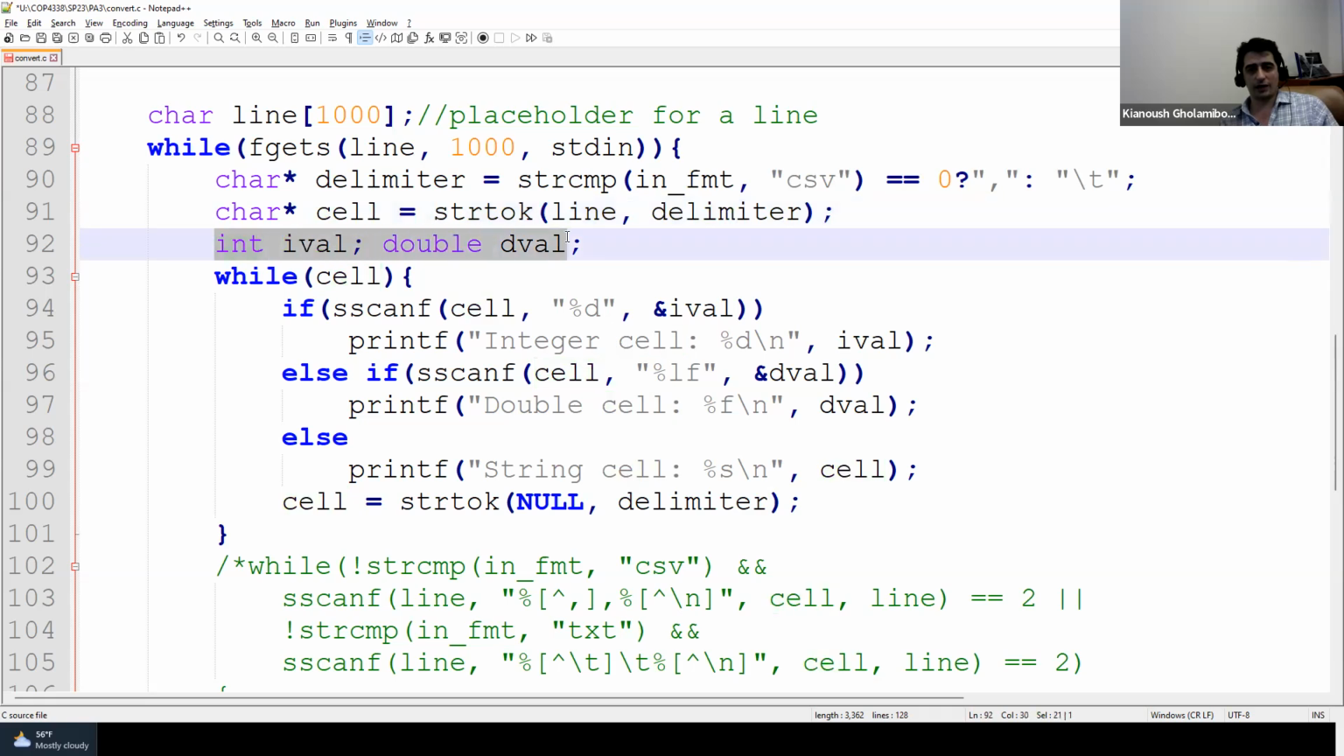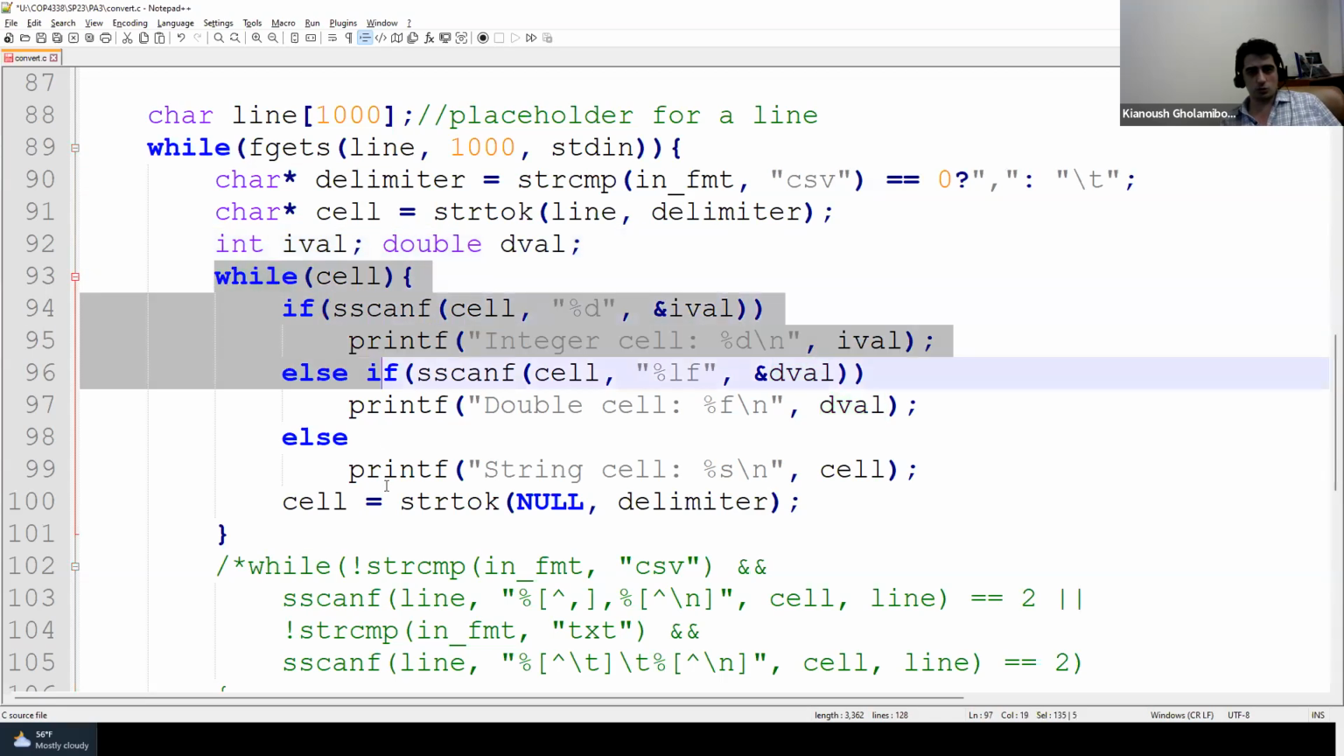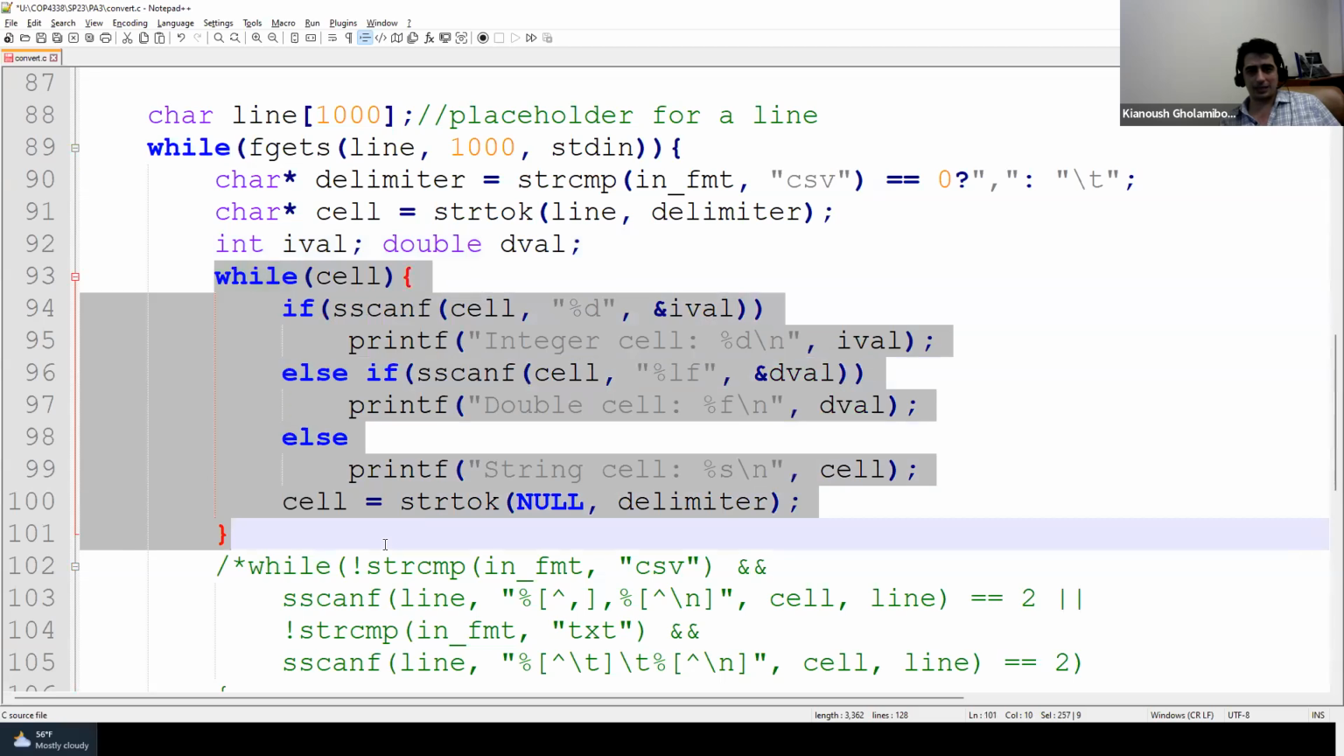Then I will define an ival and dval. Ival is used whenever your cell contains an integer value. Dval is used whenever your cell contains a double value. And if none of them are used, that means you have a string, a non-numerical value in your cell, right? In this while loop, I will basically